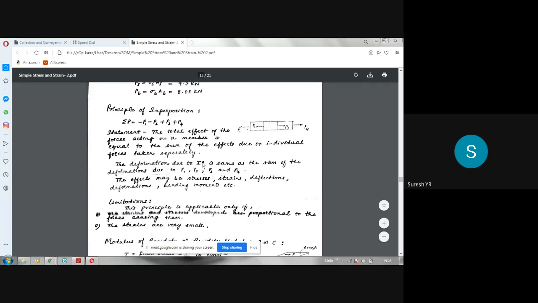The deformation due to sigma P is the same as the sum of the deformations due to P1, P2, P3, and P4. The effect may be in the form of stress or strain or deflection or deformation or moment, anything. Bending moment we will discuss later. But there is some limitation on this principle of superposition. So, what are the limitations? This principle is applicable only if the strains and stresses developed are proportional to the forces causing them. So, the stresses and strains, whatever are going to develop